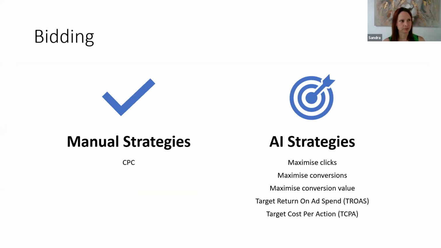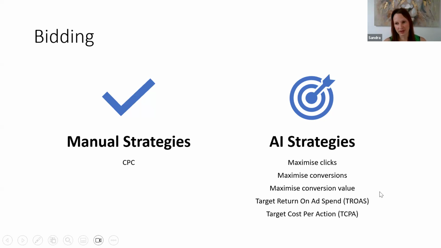Maximize conversions will spend your budget. It doesn't care how much it pays per click. It just tries to get as many conversions as it thinks is possible. Doesn't work straight from the get-go. Google is trying to make you use it straight from the get-go, so don't use that. It works if you've got probably about 5 to 6 conversions in a 14-day period, then switch over to maximize conversions, and it will do what it's supposed to do for you. Don't use it if you've got a big budget, because as I say, it will spend the budget and won't necessarily be profitable for you.